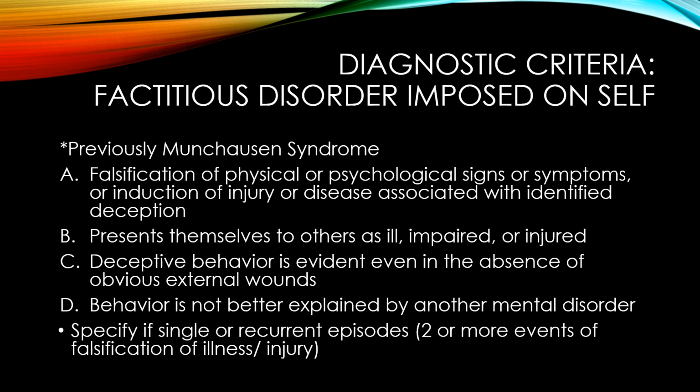So first, let's look at factitious disorder. Factitious disorder is going to come in two styles, we'll say. We've got imposed on self and then imposed on another. Well, we'll start with imposed on self, obviously. So this also used to be referred to as Munchausen syndrome. And I want to give you a little bit of a history about that name and why we don't actually use that name anymore. So Munchausen syndrome actually comes from a fictional character,